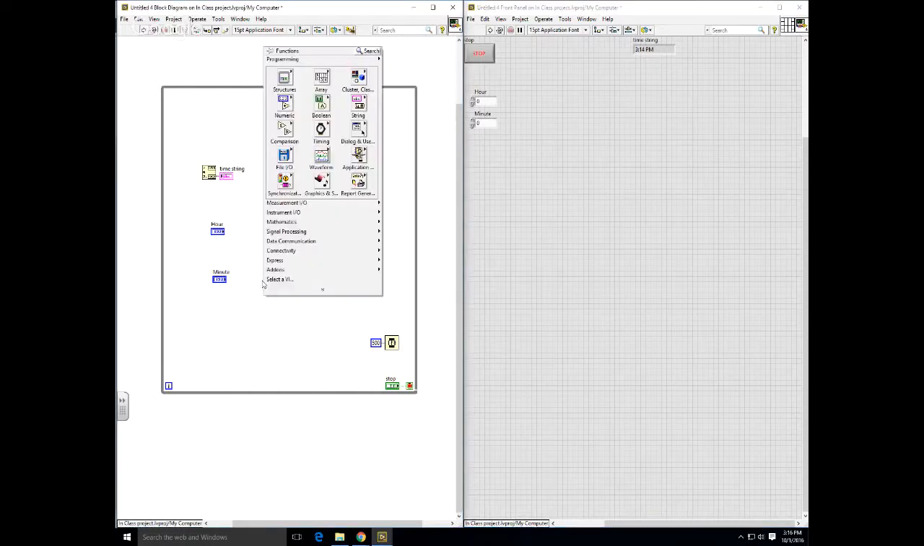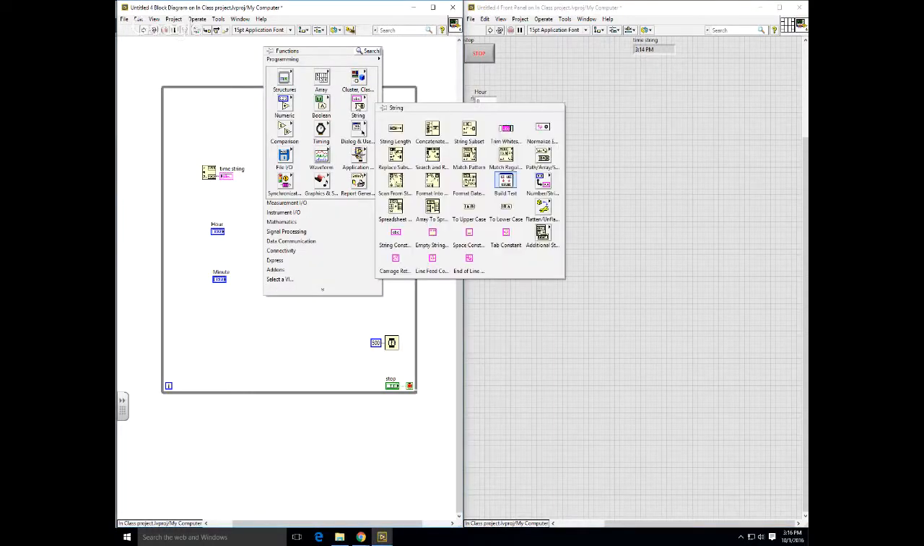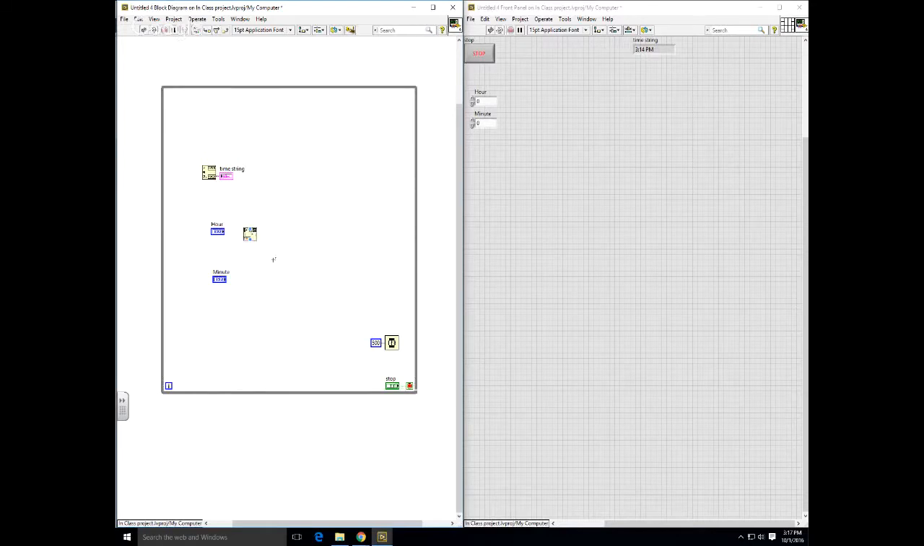All right. So go over here to string and go down over here to format into string. Everybody see where that is? Format into string. We're going to drop this guy in. And what this does is it changes a number to a string. So we're going to wire our hour up into here. And now it'll change from a number to a string. If I go make an indicator over here, some resulting string, and if we run our code,